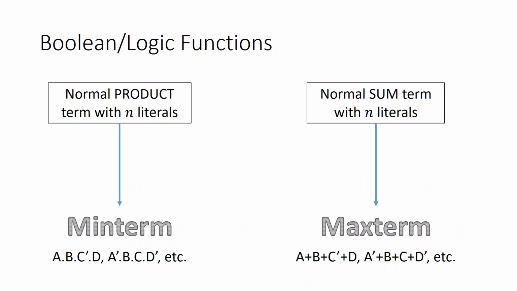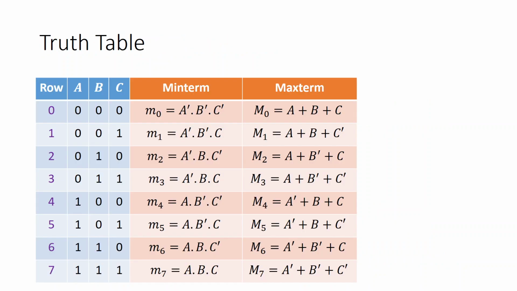Now, let us look at a truth table and figure out what would be the min terms and max terms related to the truth table. So, here you see the inputs of a truth table. I have not shown the output because I want to first trace the min terms and max terms and make you understand that min term and max term have no relationship with the output. They have a relationship only with the sequence of the inputs they correspond with.